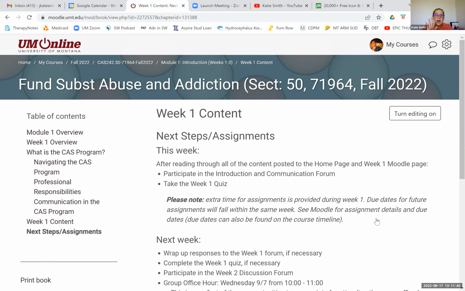One note: extra time for assignments is provided during week 1. Normally the assignment is finished within the week, so we get it done between Monday and Friday of the week it's assigned in. There are some weeks in which we move those around, and week 1 is one of those weeks because everybody's getting acclimated to the course. I've bumped out the deadlines and due dates for those assignments into the middle of week 2, if you need that extra time. If you don't, that's okay. Get them done during week 1. You'll be great. We'll do that again when Thanksgiving week is here, and also there's a week with 2 holidays in it in early November.